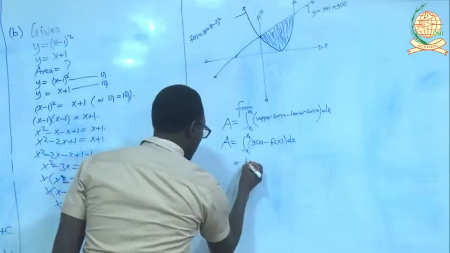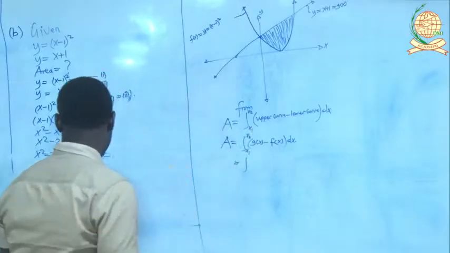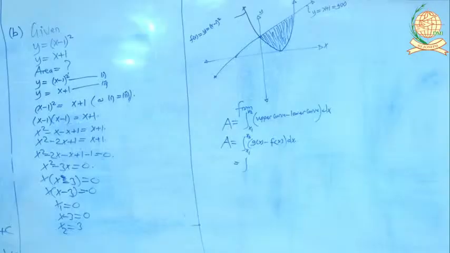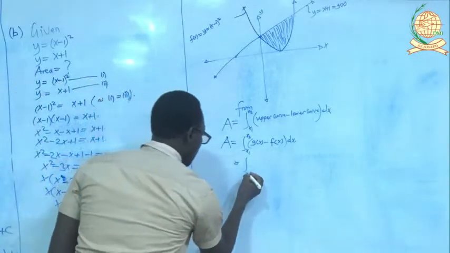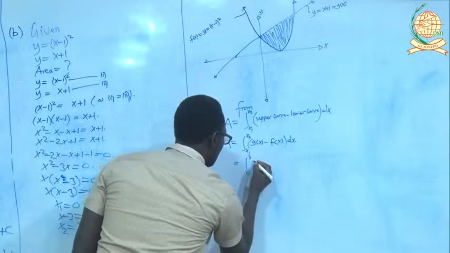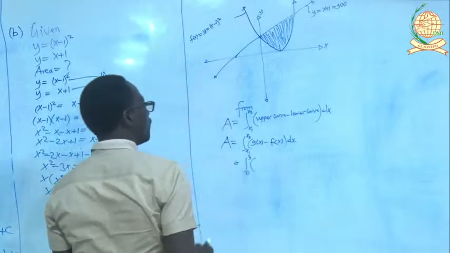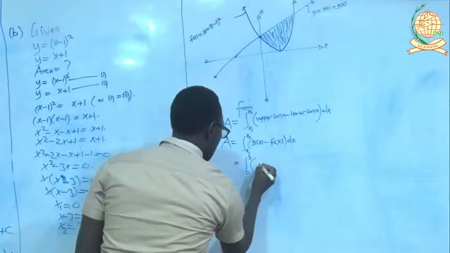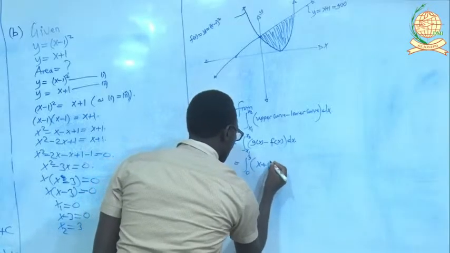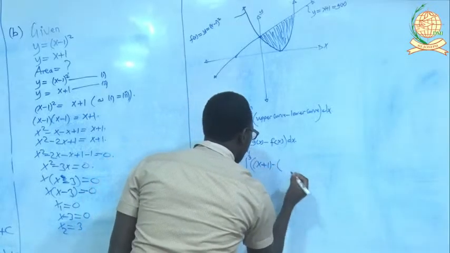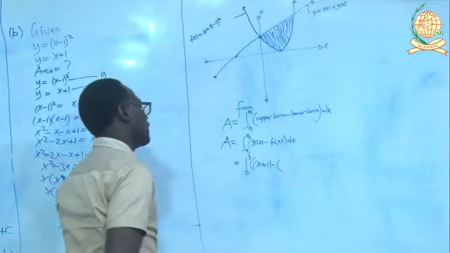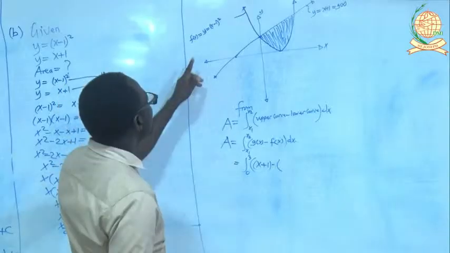Okay, now x1 is equal to 0, and x2 is equal to 3. So we integrate from 0 to 3 of g of x, the upper curve, x plus 1. Put in a bracket, then minus the lower curve, x